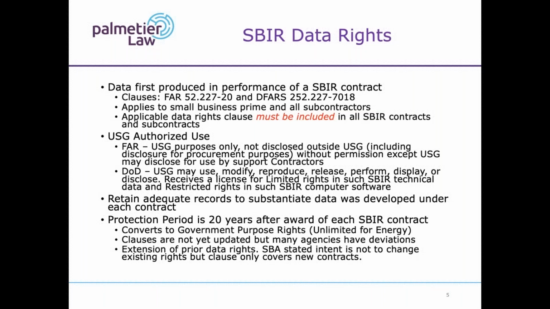But the intention is that because we back it up, if you have an older contract, it used to be that you would have a 4 or 5 year period, depending upon whether you were civilian agency or DOD, that was continually extended. Each time you got a new SBIR contract, phase 1, 2, or 3, it kept extending, and it would extend perpetually, never ended. That was hard to manage, unbelievably hard. And if you had a 1 year gap or a 1 month gap between contracts where the protection period expired, it was gone. So the government would then get unlimited rights.